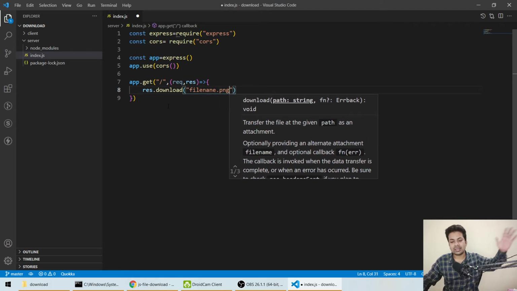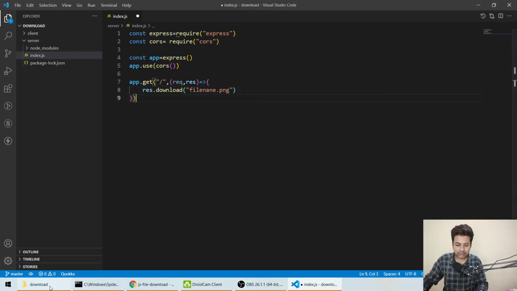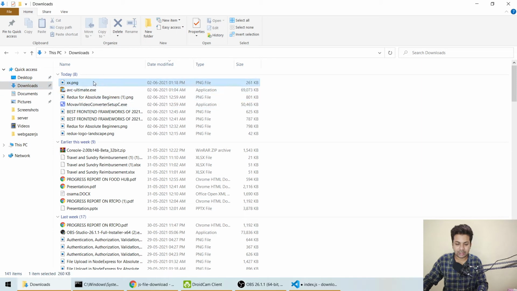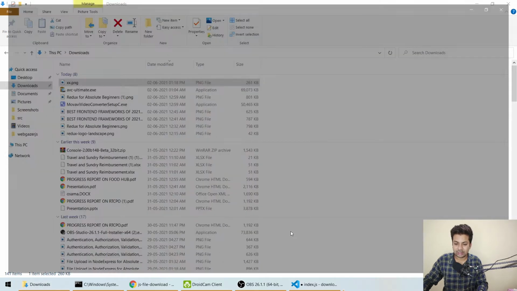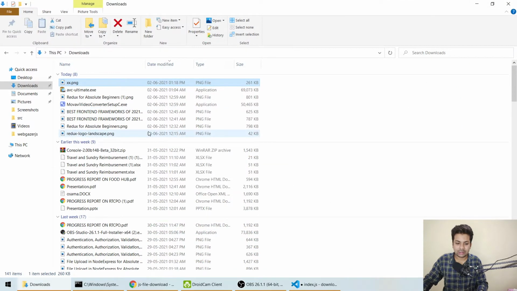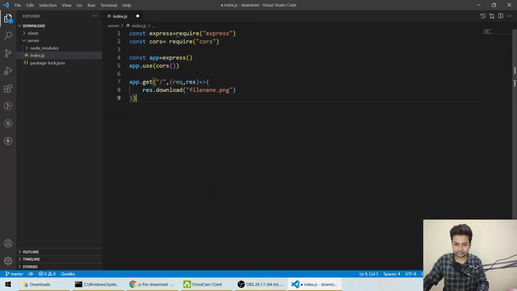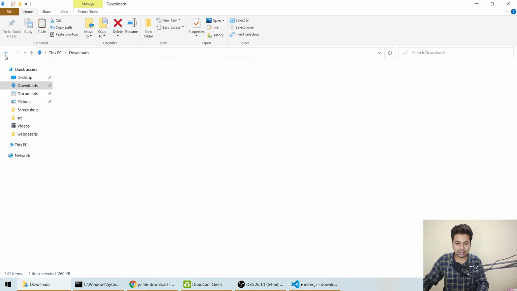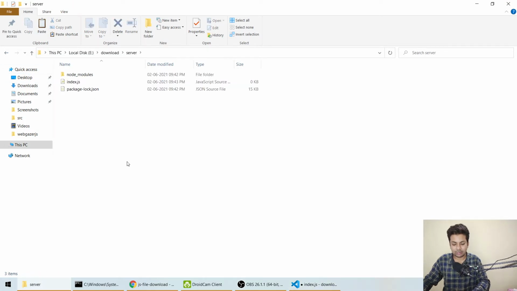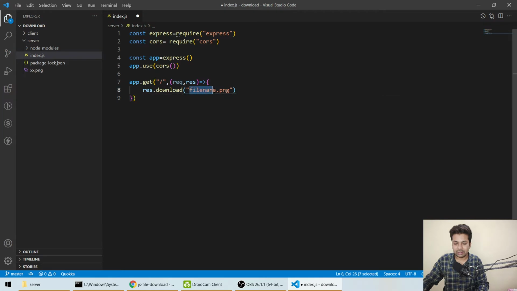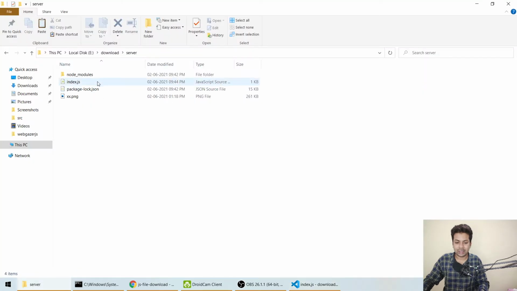So it's simple on the backend side. You just have to do res.download, nothing else. For downloading, I think I don't have any file. Let me check if I have this xx.png. Let me open it. Okay, this is a file. Let me copy it and go back where I was. Okay, in the server let me paste, because we'll serve from here. The file name is xx.png. So here we'll make it xx.png. Whatever your file name is, just put that name and save it. So it's easily downloadable.